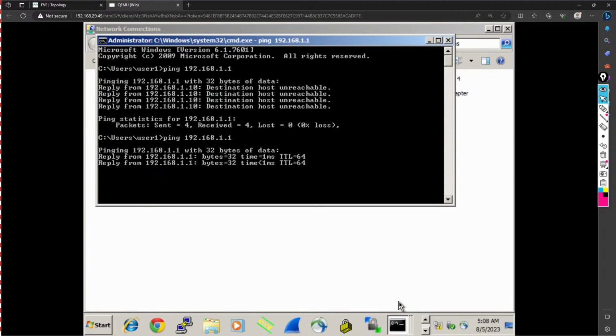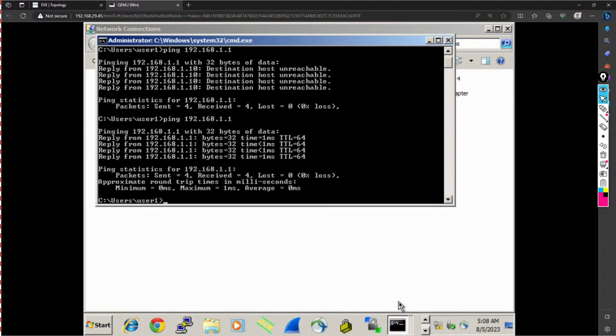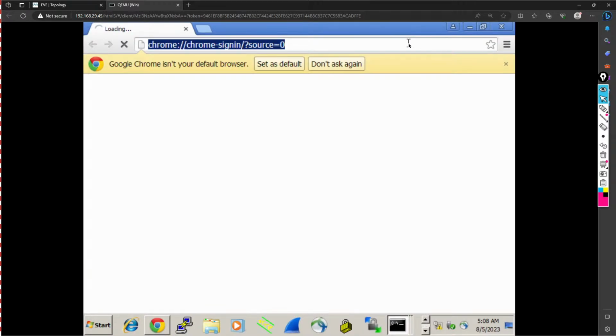And here you go. Now we are able to reach our firewall. Now we are able to ping it. So if I am able to ping it, I will open it on the GUI here. I will close this. And now my job is to give HTTPS